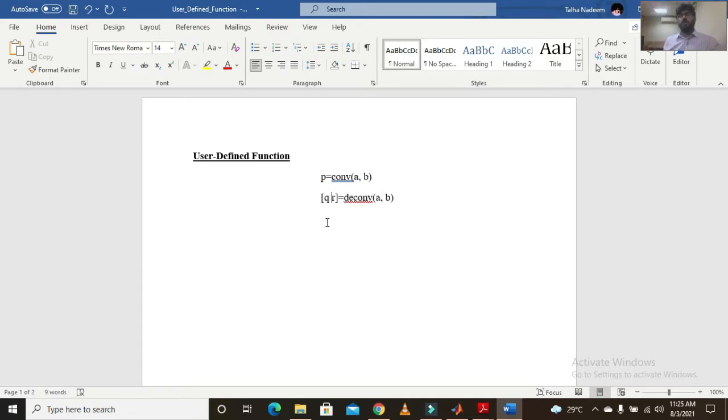So in the second one we had two inputs and two outputs, but it is not necessary that your user-defined function should contain one output or one input, or two outputs or two inputs. It can contain several outputs and several inputs. That all depends upon the purpose for which you are making the function.